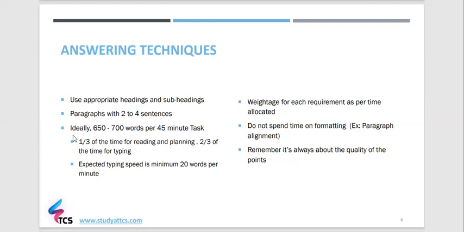And most students are really concerned about the word count, because I've seen so many students who believe that you need to write chunks and chunks of answers, or paragraphs and paragraphs of answers. Okay, so ideally the examiner tells you that your word count per 45-minute task, per each task, needs to be between 650 to 700 words. Okay, so there's absolutely no point of you providing 1500 word answers for each task if it is not relevant to the question highlighted at your exam.